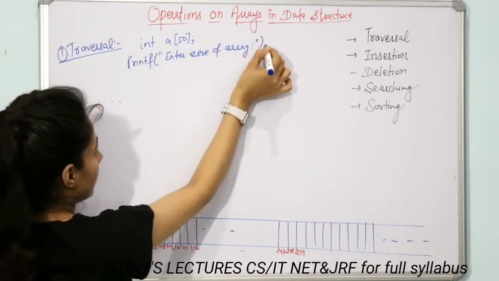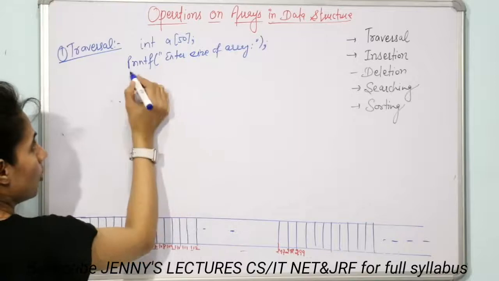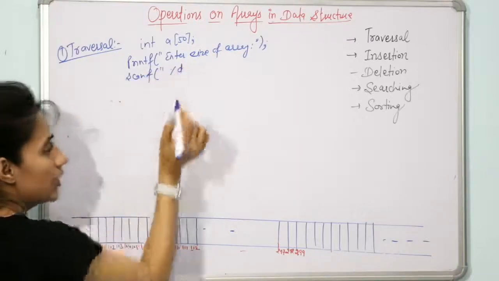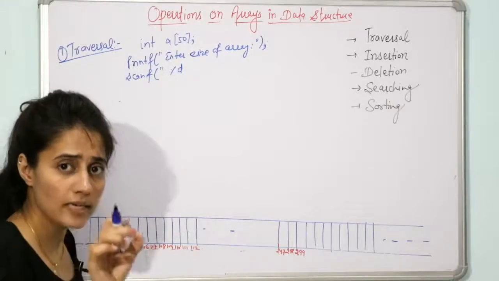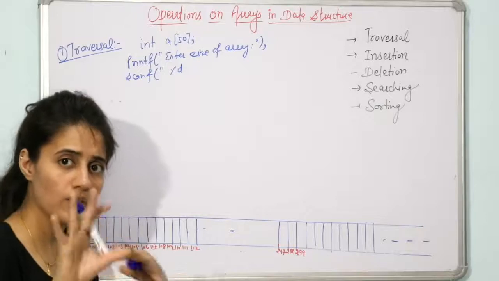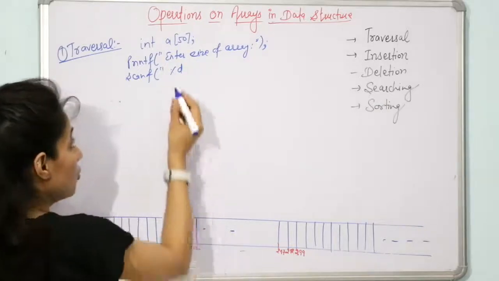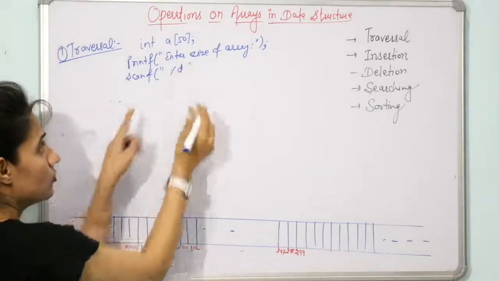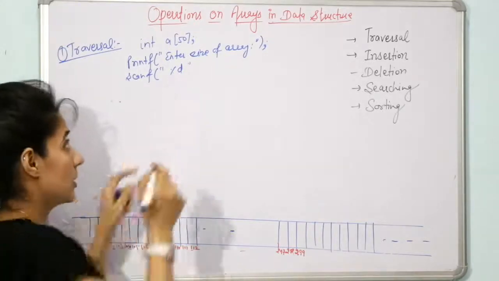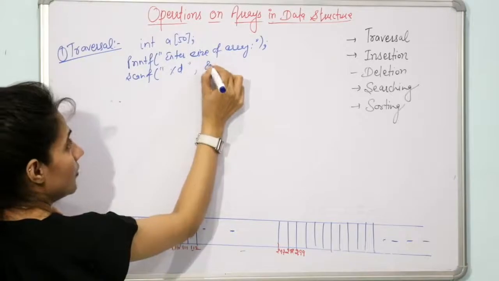Printf is a standard function that is used to print something on the output screen, and scanf is used to take input from the user. Now user will enter what? Suppose size is 5. I want to insert 5 elements only. So here you will write %d, because for integer the format specifier is %d, for float it is %f. So here you will write address of.